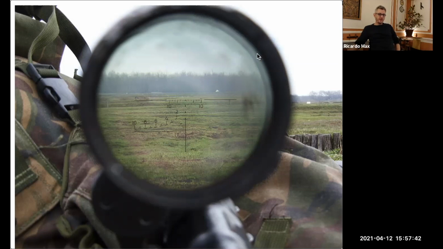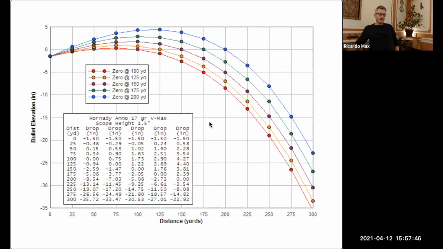So for instance, why is it important? Because the ballistic movement of a projectile falls on the way. So you have to know where to aim according to the distance.